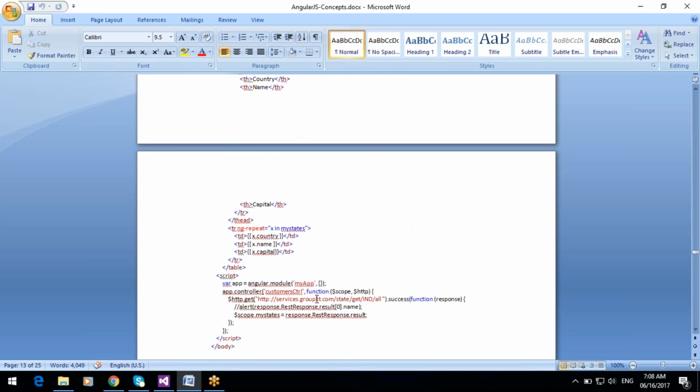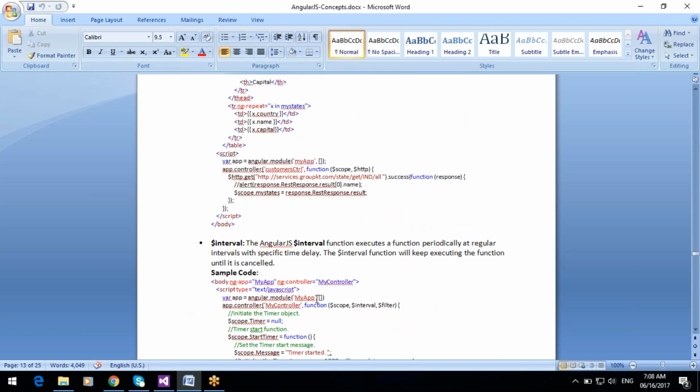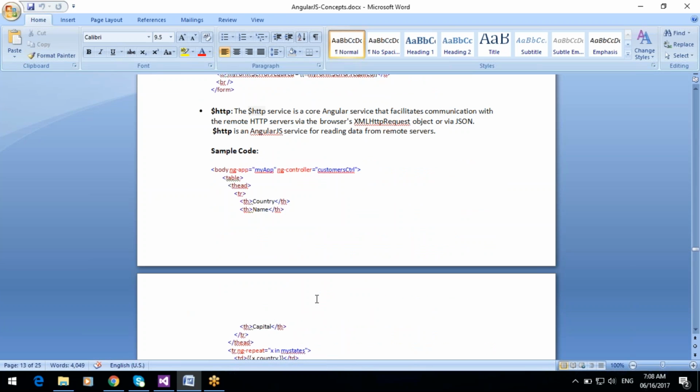And next, the most important thing is the HTTP service. For example, when you are calling a service to read the data from the database, compulsorily we have to use the $http service to read the data from the database through the service.